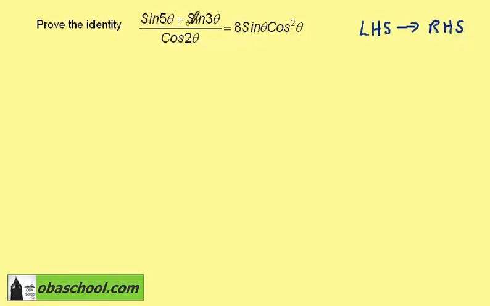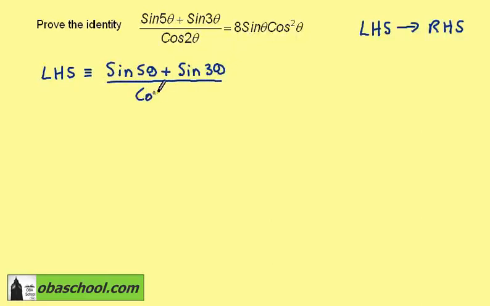So let's start with the left-hand side. Sin 5θ plus sin 3θ can be changed using the sum and product formulae. This will become